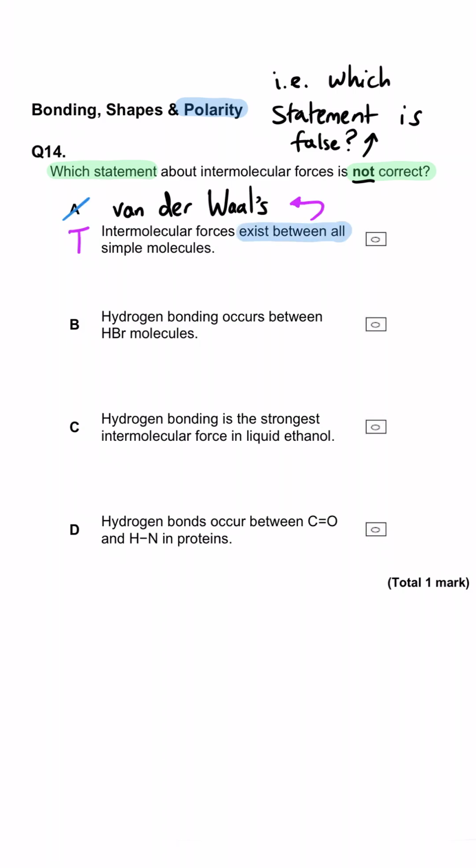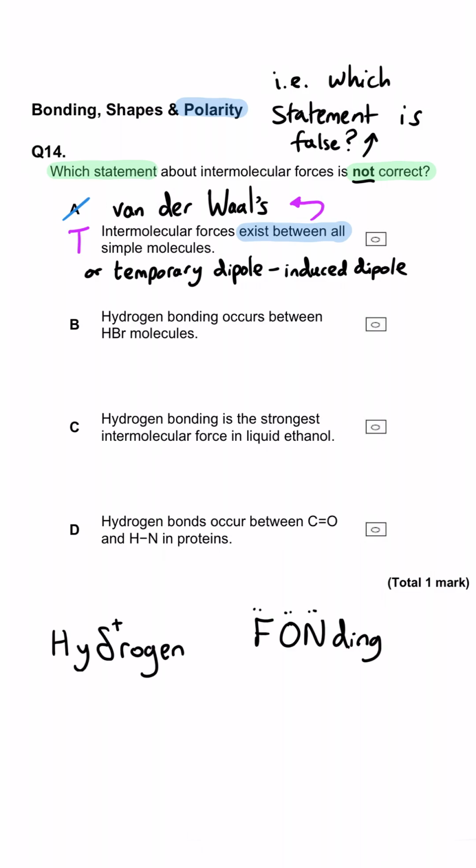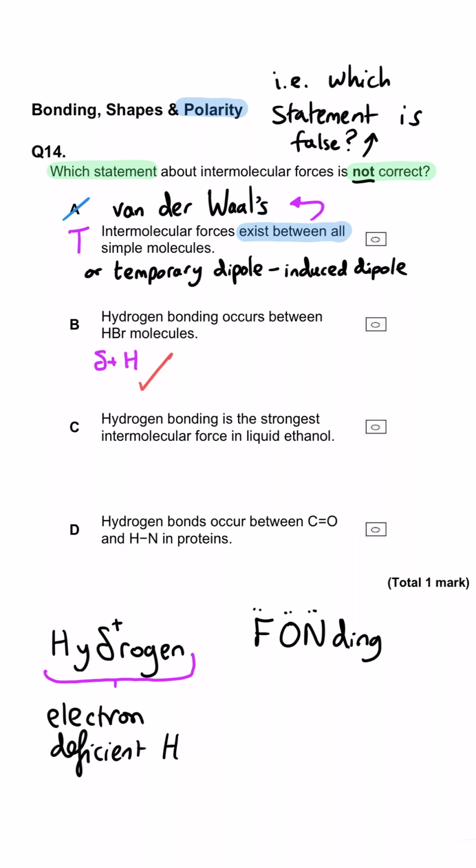That's a true statement because you get van der Waals forces, also called temporary dipole-induced dipole forces, in all simple molecules. B, hydrogen bonding occurs between HBr molecules. Well, the tip for remembering whether something contains hydrogen bonding between molecules is to look for a delta positive hydrogen, which we've got,